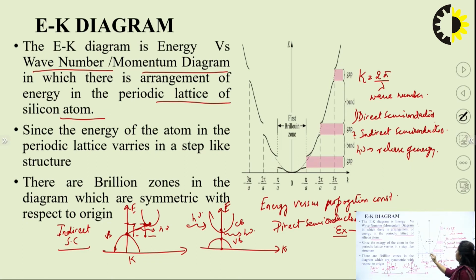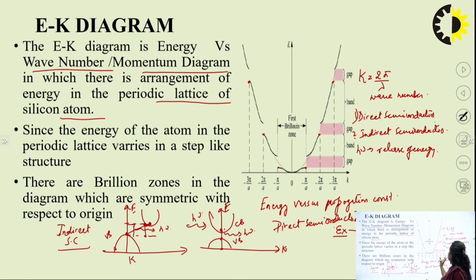So from minus pi by a to pi by a, there is one zone. Then again from minus 2 pi by a to minus pi by a, there is another zone. So the first Brillouin zone is here, which is shown in the figure. The second zone is from minus 2 pi by a to 2 pi by a, and the third zone is from minus 3 pi by a to plus 3 pi by a. So these are called Brillouin zones, and from here we can easily calculate